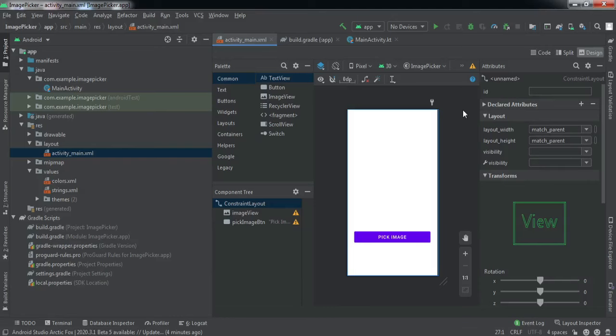So in this video we're gonna look for the alternate of start activity for result, right? As you guys know, this method has been deprecated. Earlier, if we had to get some data for our Android application, we used to create an intent, then we used to call start activity for result passing that intent, then we used to override a method on activity result, right? But this method has been deprecated, so the Android framework has provided us some alternate, so we'll be